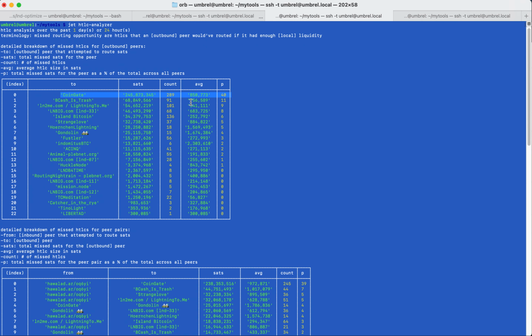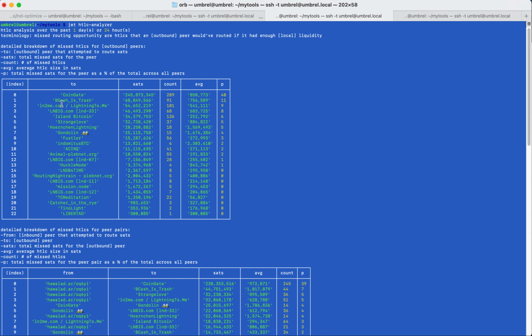But this is a data point that Jet will take into account in the future, in that it may actually start sending a little bit of routing, a little bit of rebalancing towards CoinGate, right? So that we're not missing on so many sats. Over the past 24 hours, we technically could have routed 245 million sats through CoinGate if it had enough